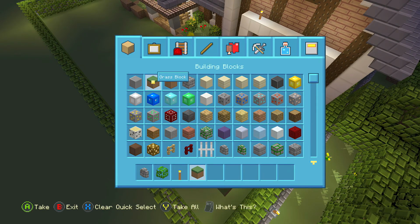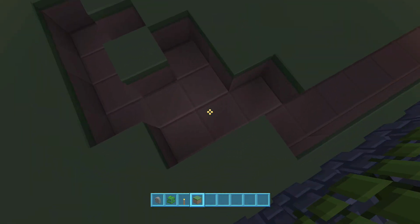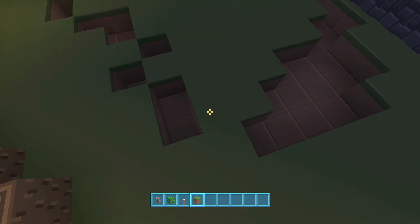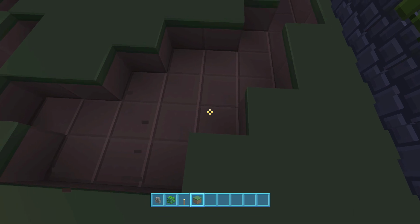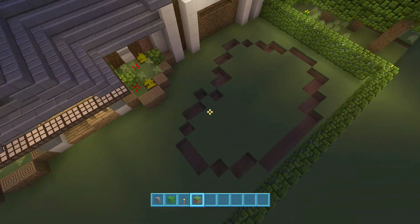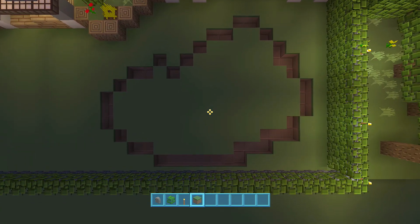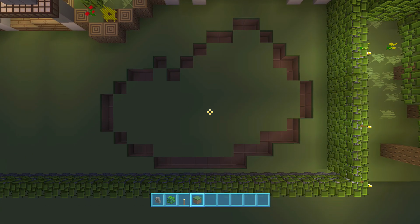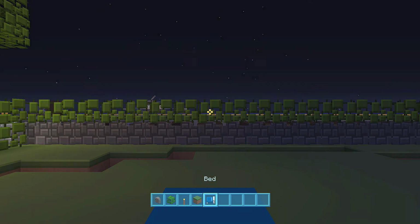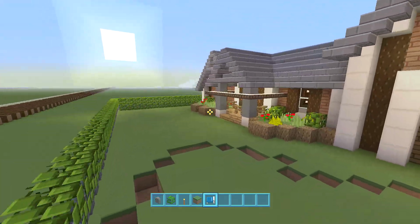That looks good. We can fill in some of these just so it makes it kind of more neat. Let's see, we can dig out that. Yeah, that works out better. So if you want me to, I will tell you the exact shape that I have. So you can see there, kind of the shape of a kidney shaped pool. So you can just copy that down. But what I'm going to do again, guys, is go off and dig that out. Okay, so I will dig that out,